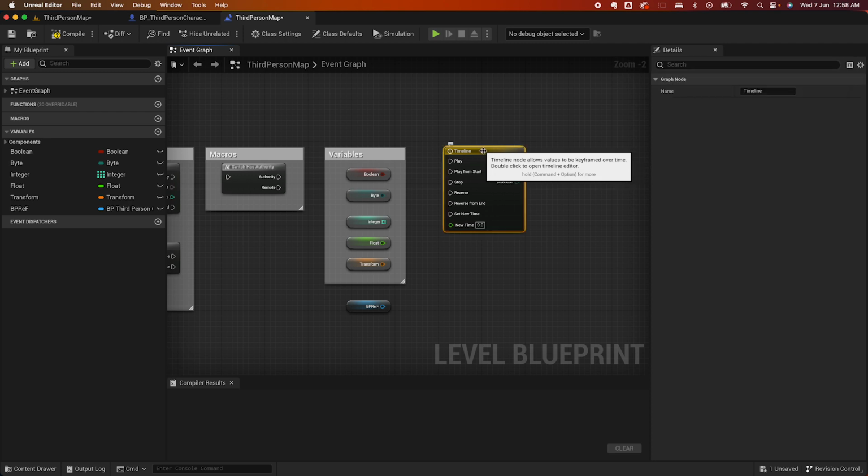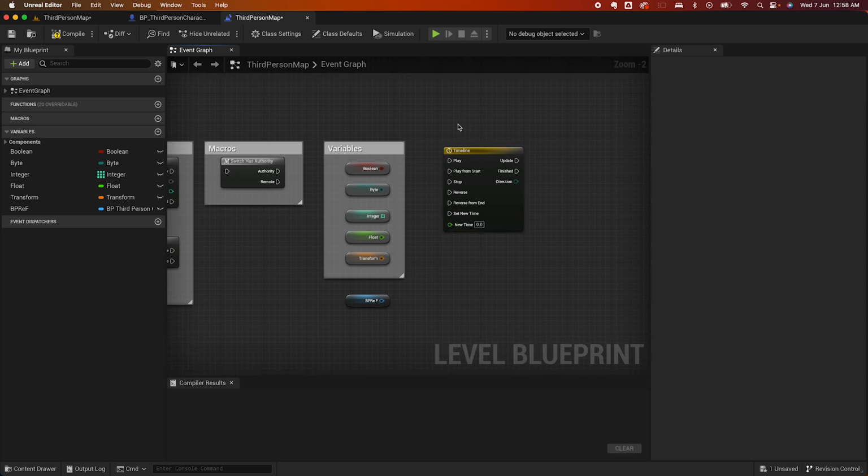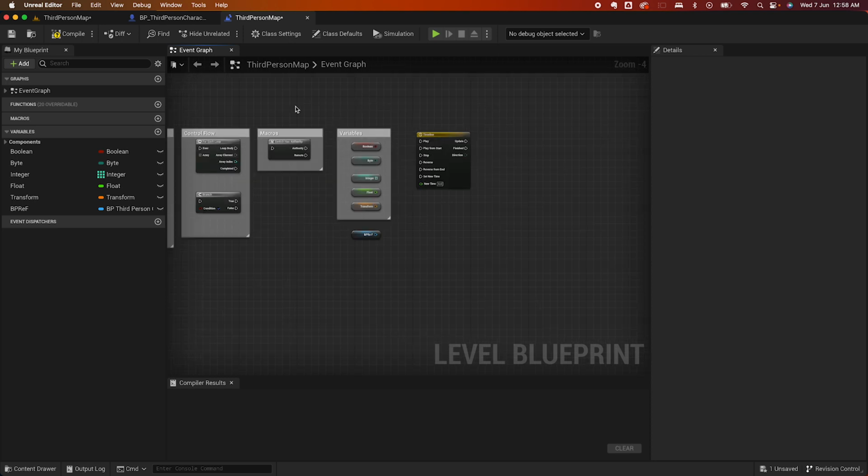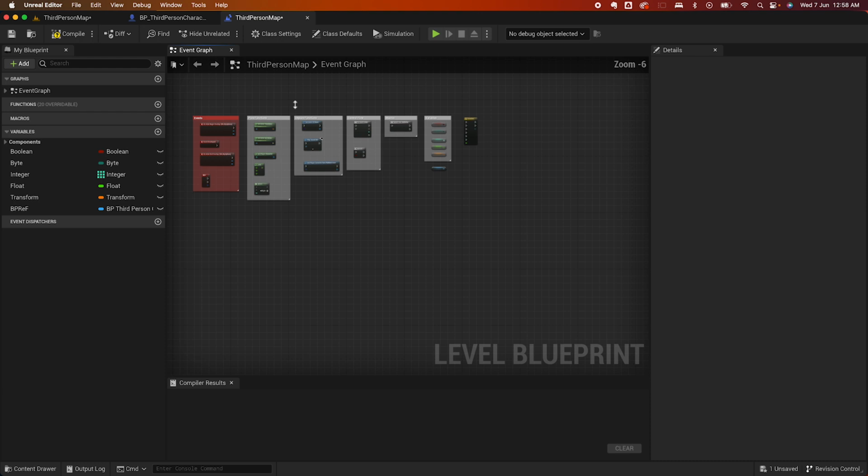Cool. So that is variables, and there's also a different kind of node that you would commonly see, which is a timeline, which allows you to animate using keyframes. I could double click on here and then go in and add some animation to any actors or components in the scene. We'll cover that in a future video. But anyway, to keep it short, this is the quick overview of how blueprints work